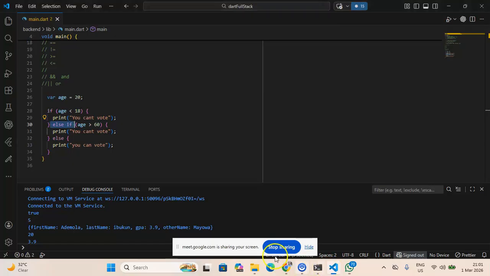So let me explain this if statement. In this we have the first if, and the second one is under if. If the requirement of this one is true, it won't come down to the next one at all. But if this one is not true, then the next one is going to be the